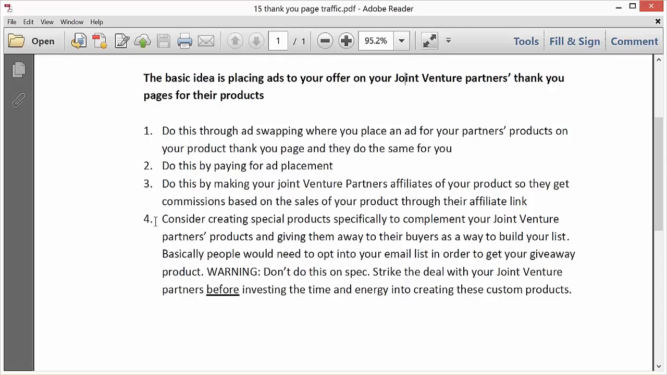So this is a kind of a variation on the idea where you're actually giving away a product. And in this case, since there wouldn't be any commissions, because you'd be doing it as a giveaway, you'd probably be doing this as ad swapping, or you'd be doing this as paying for the ad placement. But basically, you're looking at your joint venture partner's product, and you're finding something that you could create that would be a complement to their product that you could give away. In this case, you're doing it as a giveaway product, but